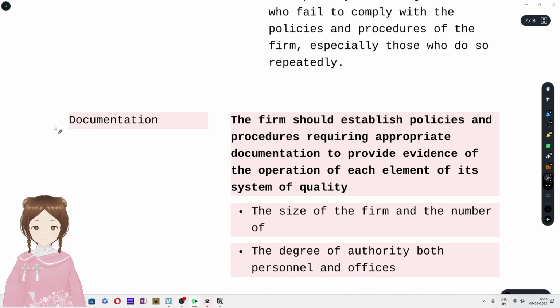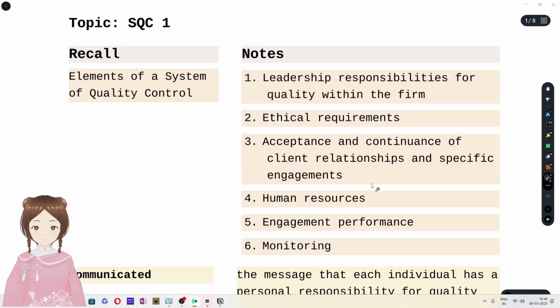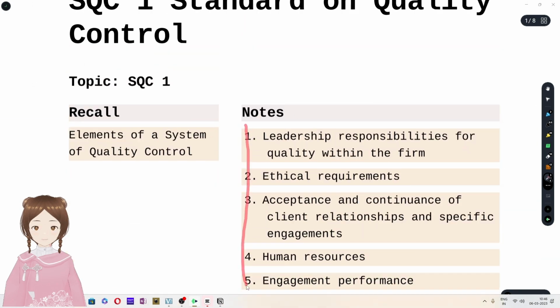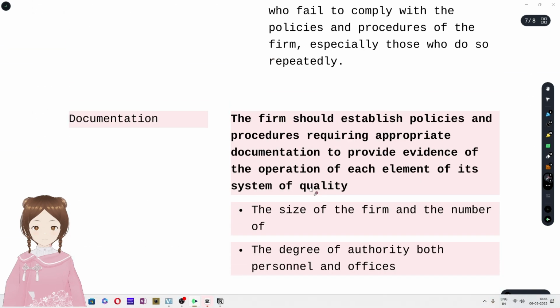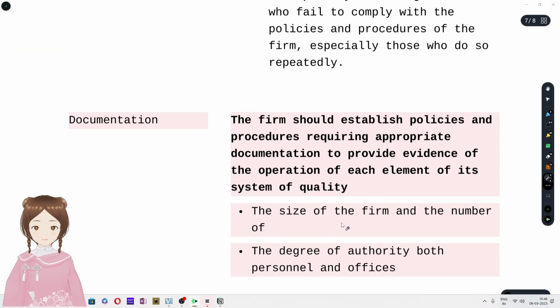Our final portion is documentation. The firm should establish policies and procedures requiring appropriate documentation to provide evidence of the operation of each element of its system of quality control. What they're telling is that we have these elements of the system of quality control, right? All these 5 points have to be properly documented, evidencing their existence. What do we have to document? They have to describe: